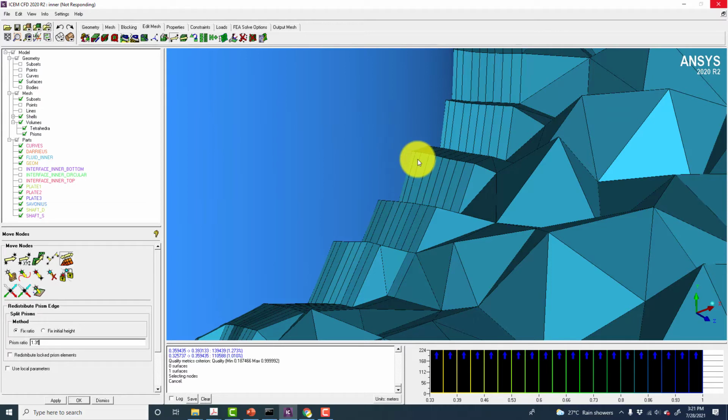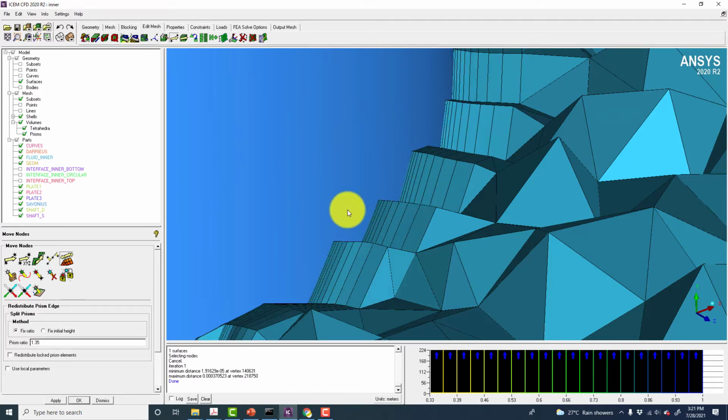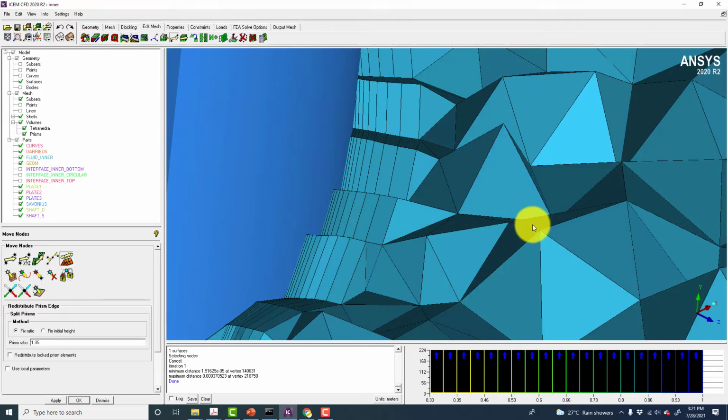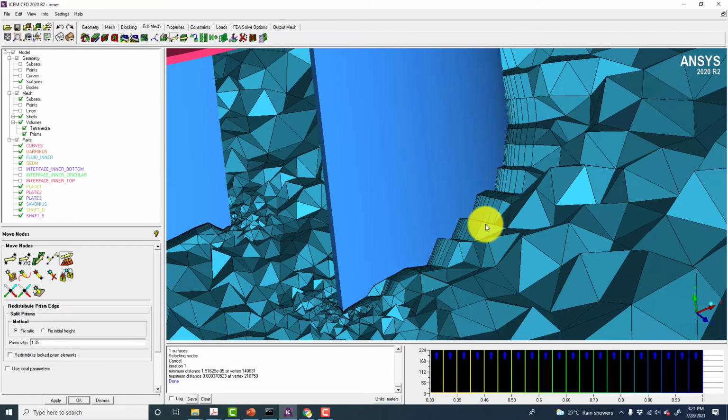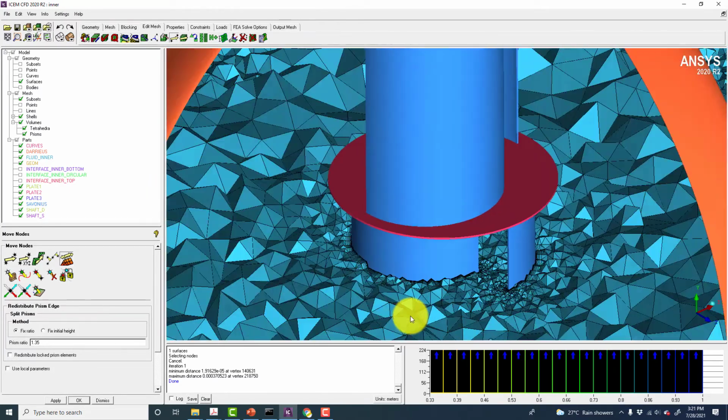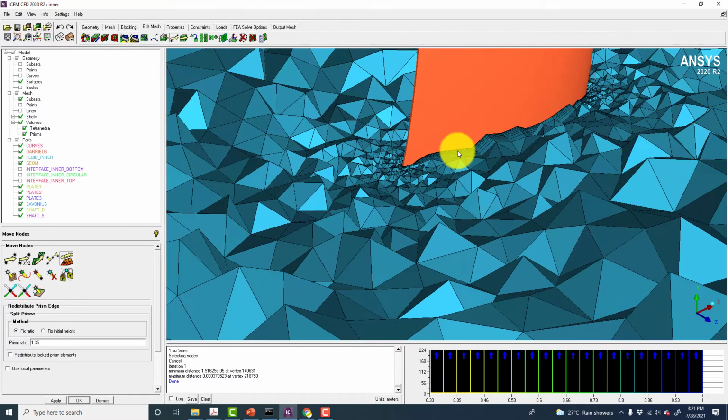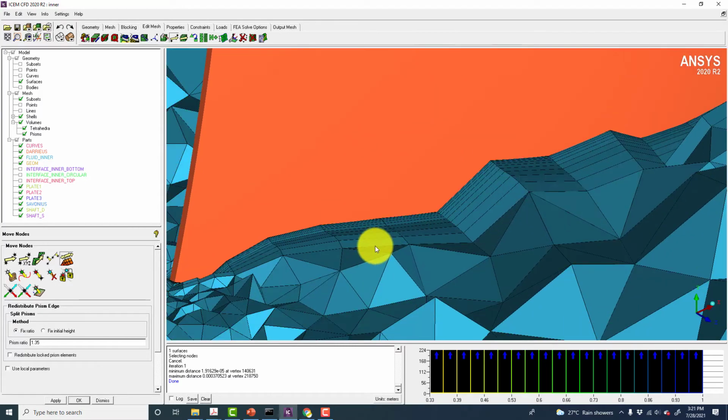Okay, so the function of this command is just to move the prism layers in such a way that they are in the proper order, and they should be graded more towards the wall. So there will be a smaller size or height of the cells of the prism layers towards the wall, and then larger towards the rest of the mesh. So you can see how this will look. So this seems good to me, and you can also check these layers on the Darrieus